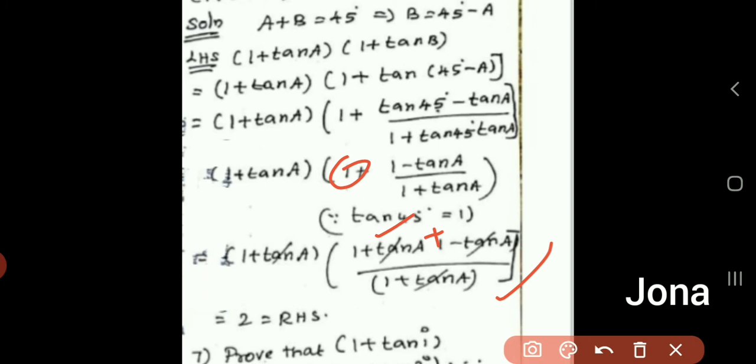So that here the plus symbol will be there. I can cancel this tan a plus tan a and minus tan a here. There and 1 will get cancelled there. The remaining 1 plus tan a and 1 plus tan a will go off there. Here the plus symbol is there, so that this 1 plus 1 we have 2 there. This 1 plus tan a and 1 plus tan a will go off. So the remaining, we got the 2 as the answer here.